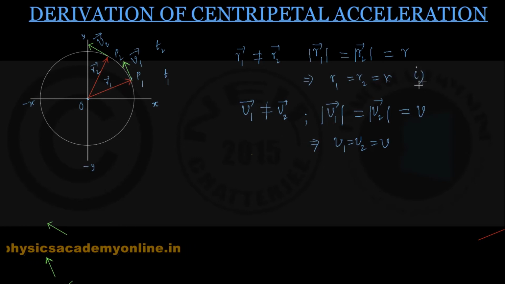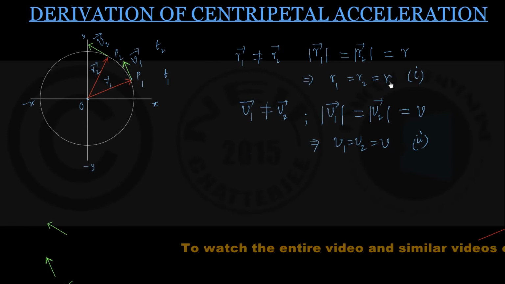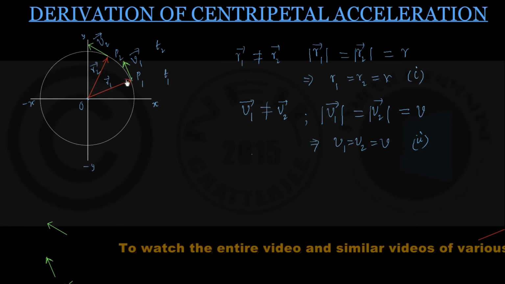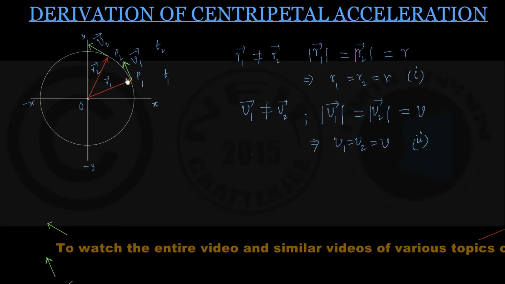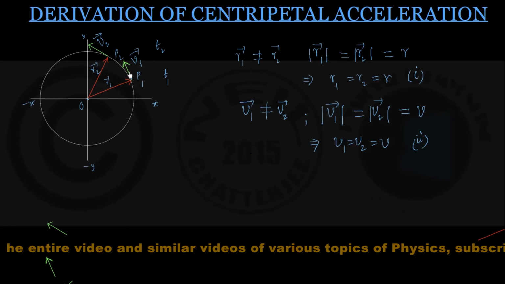Now this was my question number 1, this is my question number 2, which shows that vectorially the position vectors have changed from r1 vector to r2 vector, from OP1 to OP2, because of change in direction. But the magnitudes of r1 and r2 are the same, which is equal to the radius of the circle. Similarly, as the particle travels anticlockwise, the speed v remains constant for both the positions,